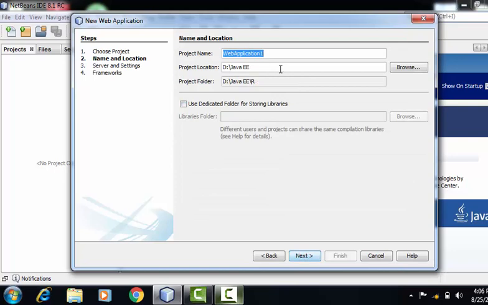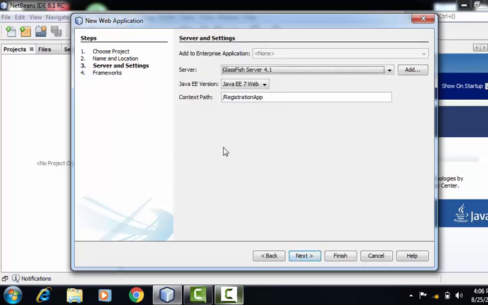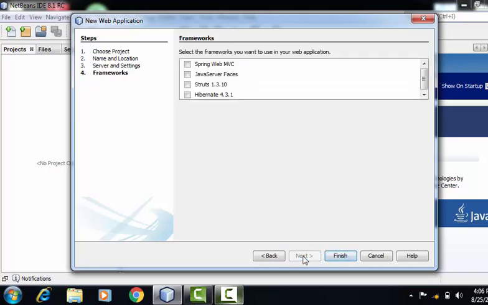My project name is Registration Application. Click on Next. The default server is Glassfish Server 4.1. Click on Next. We're not selecting any framework here, so click on Finish.